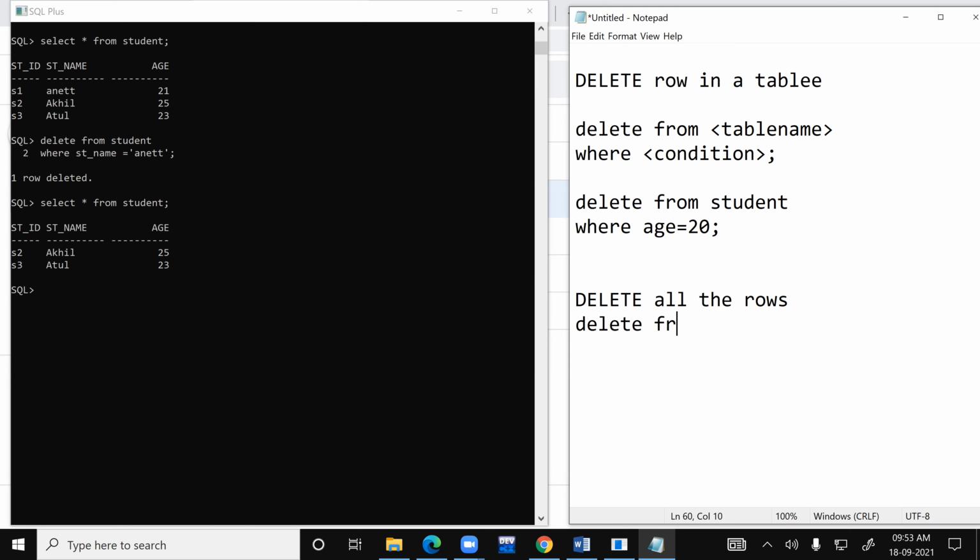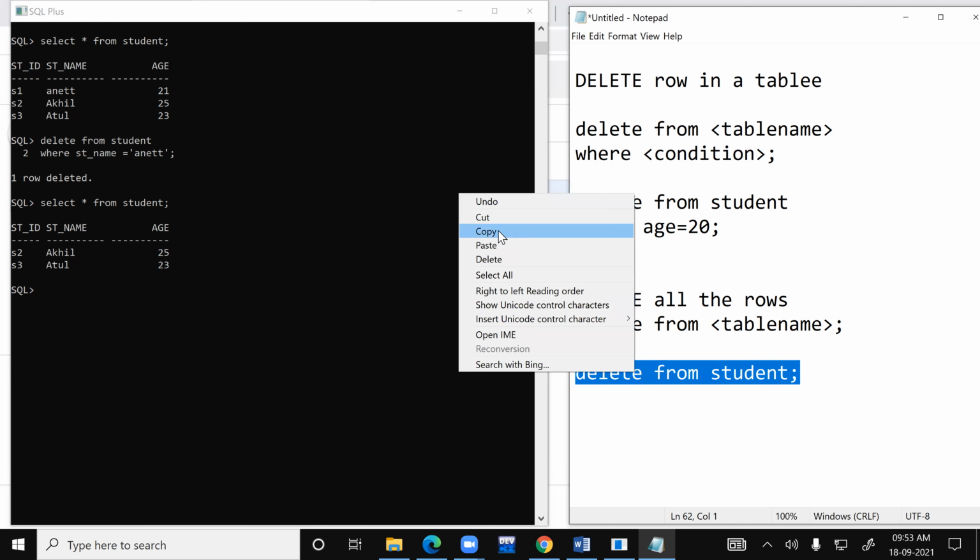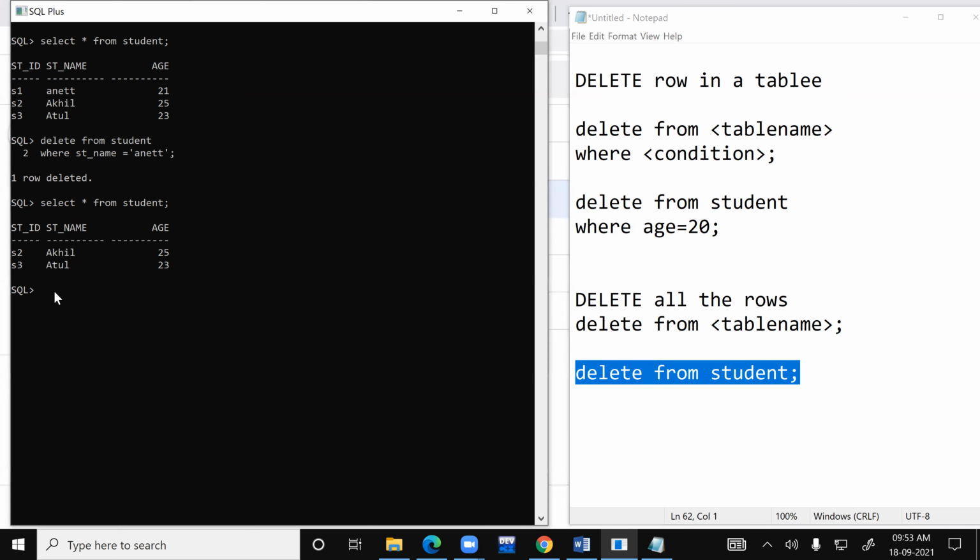So simply give delete from table name. Don't give any condition. You just want to delete off everything. Whatever is there, delete it. So you simply write delete from student. Okay, so no condition, nothing. Whatever is there in your table, you will be deleting it away. So let's just get this query over here. Delete from student. They're telling me all the details in student have been deleted away. I do not have anything in my table.